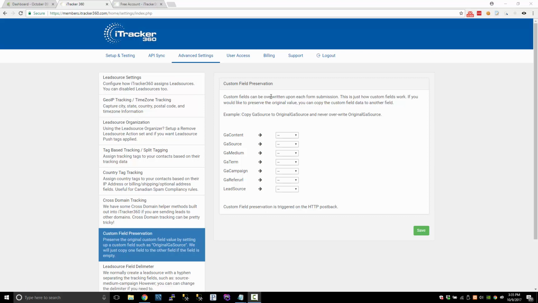So the custom field preservation tool was created in order to be able to preserve your original custom field values. We've had people in the past where they'll come through and we'll capture the data, we'll set the custom fields, and then later they'll come back through again using a different URL, and those original field values got overwritten with the new field values. So that's how custom fields work. They can be overwritten upon each form submission, and we've had several people request this feature where they can preserve